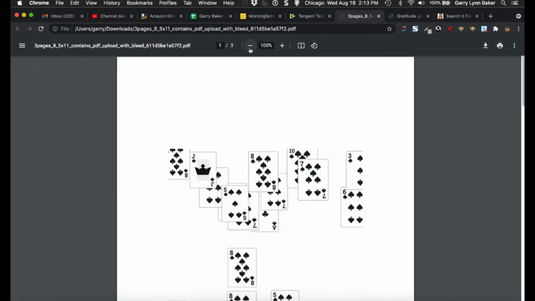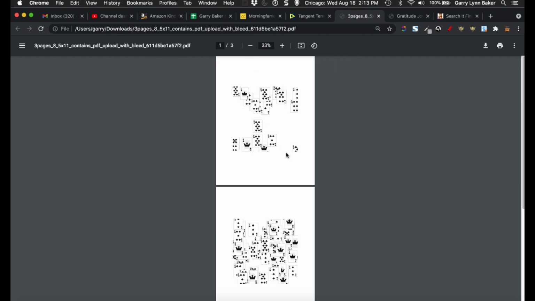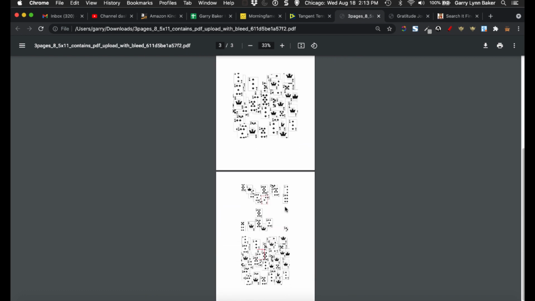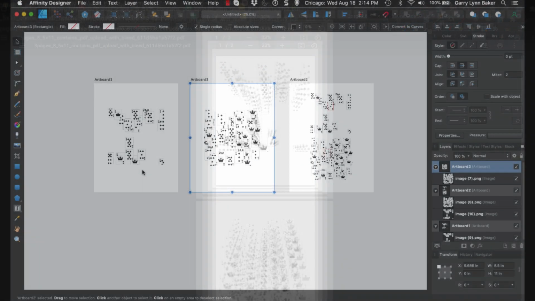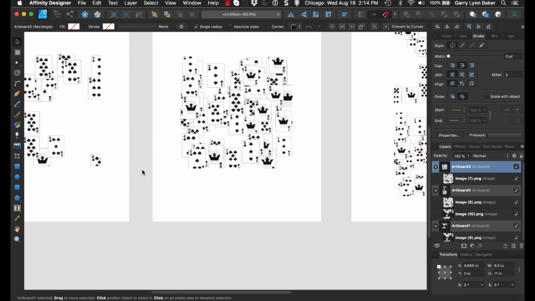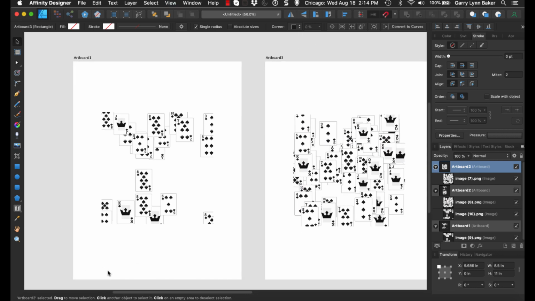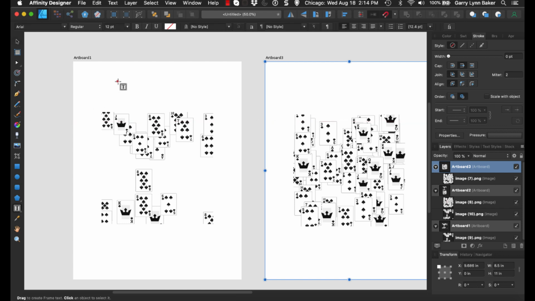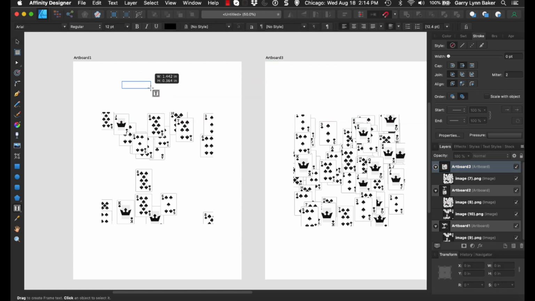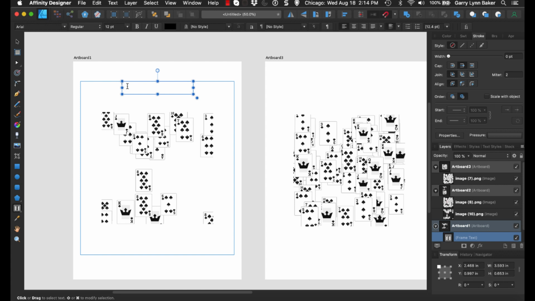And now you can see that we have our puzzle on the first page, our puzzle on the second page, and then our solution page with, of course, the 2 solutions for both of our puzzles. Come back to Affinity Designer. We'll zoom in here and we'll go and show a few more basic things that we would need to add here. For example, we want to label our puzzle, so we would select a text frame, add in a text box, add some text,